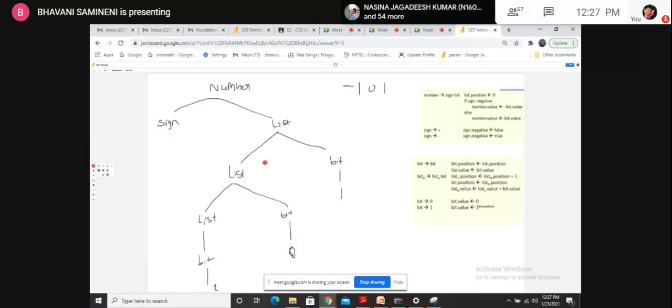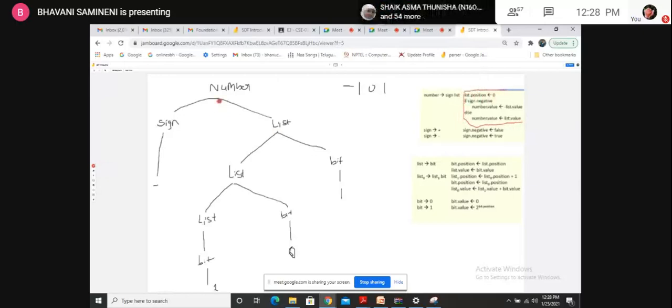Okay. So the first tracing is number to sign list, means this one. Number to sign list. What is the rule they have given here? What is the semantic? Here we have to complete it differently because sign is also there. No, sign will be minus. Okay. So here they have given this rule, right? This one we have to execute. What is this? List dot position.